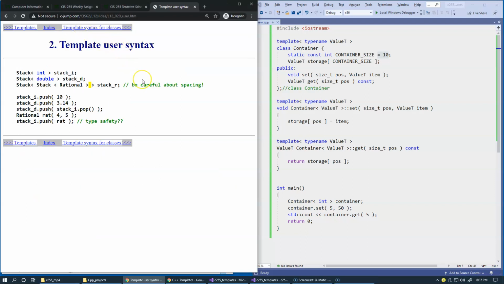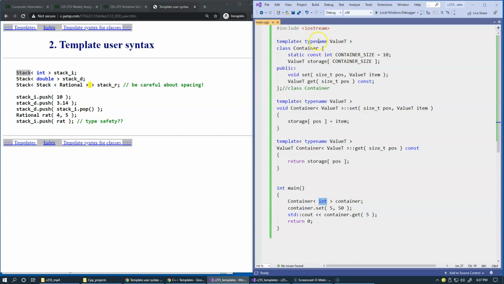So template user syntax simply requires this parameter type specification to complete some class declaration with specific data types. And the process of supplying a specific data type to the template parameter type name is called template specialization. Basically, we say that during compile time, the compiler finds the definition of our class, recognizes that it's parameterized by some sort of value